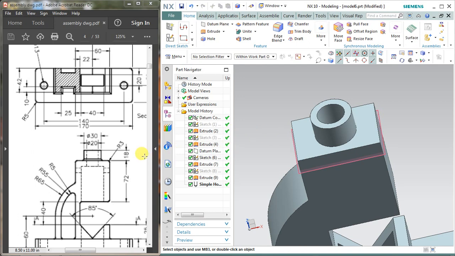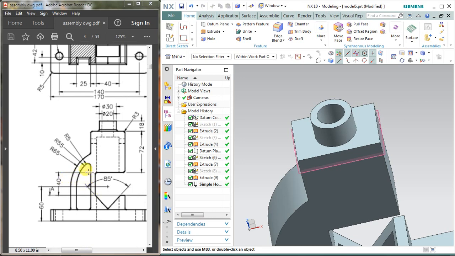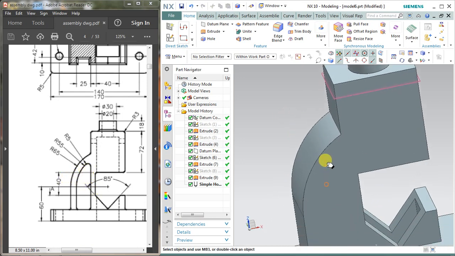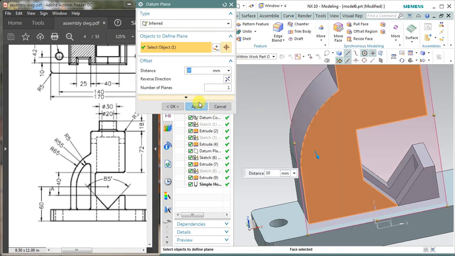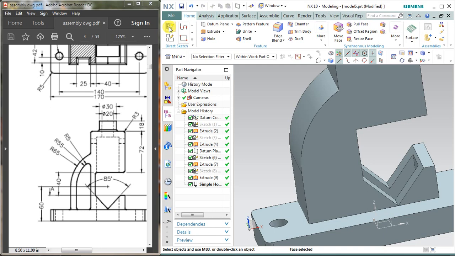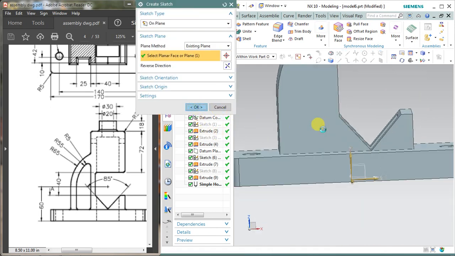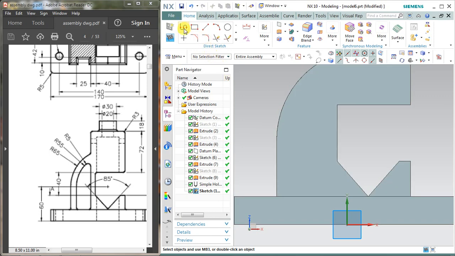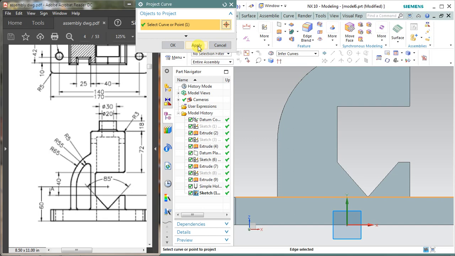Now the main thing is left here because there is a handle grabbing, you can say, cavity here which is 10 mm deep. So for this I'm going to select this face. Sorry, I'm not taking any plane. Select a sketch, select the face and OK. Now draw the entire section by projecting the bottom line, bottom curve, apply and cancel.